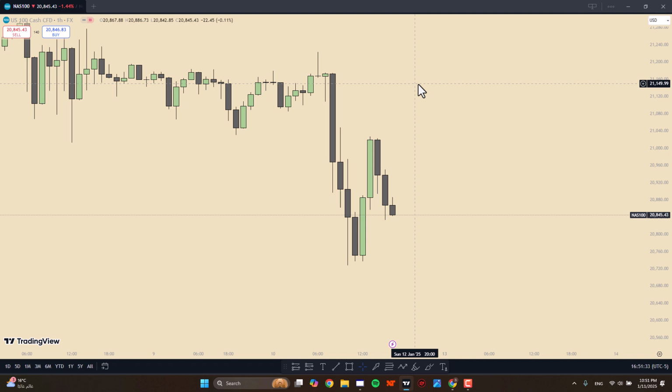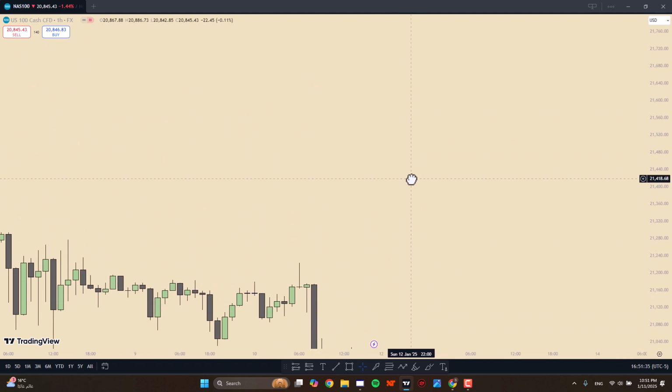So the framework goes like this, very easy. The first thing is I need a direction on the higher time frame. That's it. When I log in to the chart, I need to see a direction, whether price wants to go lower or higher. We all do that. That's the whole purpose of trading, whether we want to go up or down. That's the whole purpose of technical analysis, but this is a lot different, and I'm going to show you how when we go into the framework.